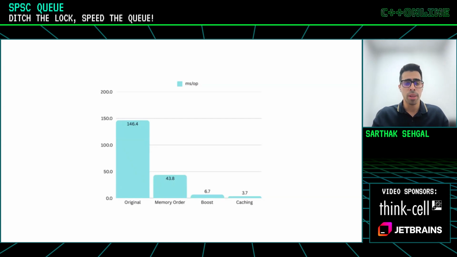So I profiled the queue with inserting 1 million integers and a queue of size 1,000. You can see that originally with the standard atomic, it takes 146 milliseconds for the operations. With the memory ordering, it's approximately 4 times faster. So just relaxing the memory ordering makes it 4 times faster. The Boost queue is still almost 5 times faster, but with some further optimizations, the queue becomes a bit faster